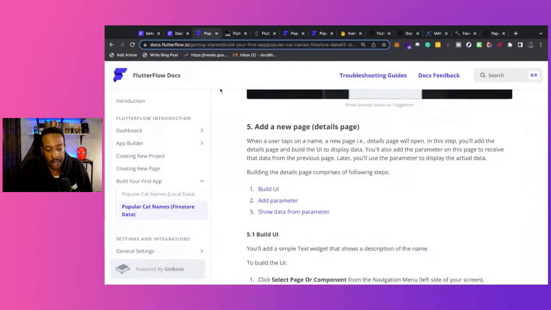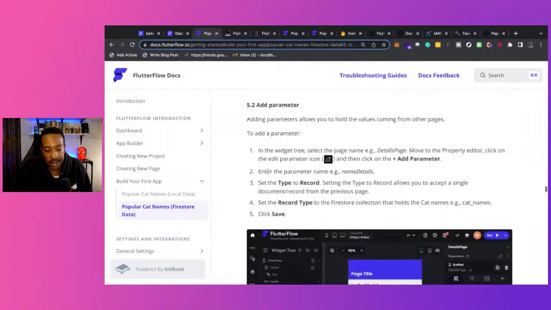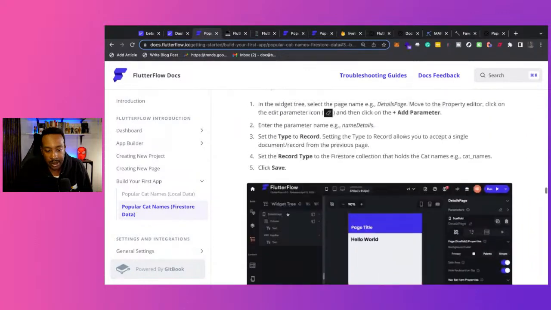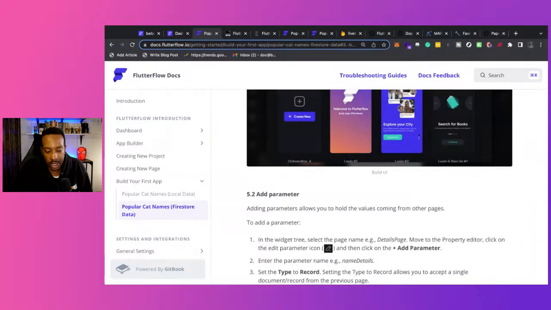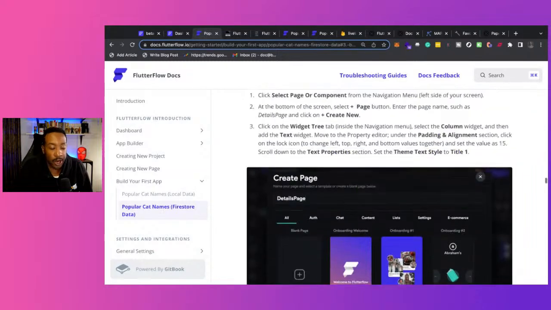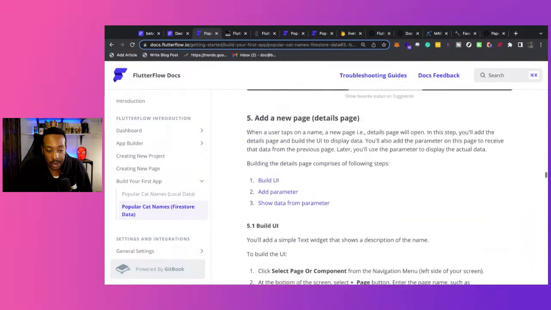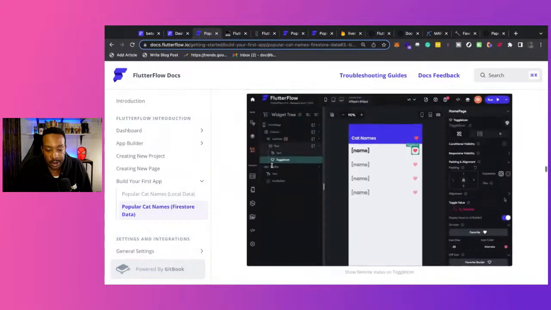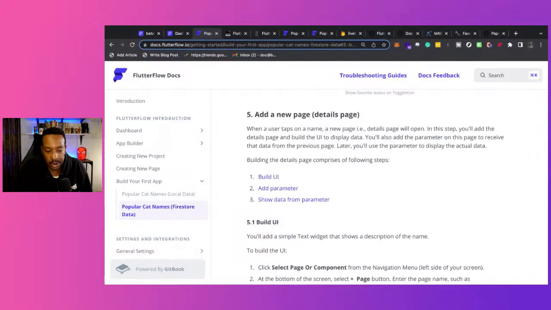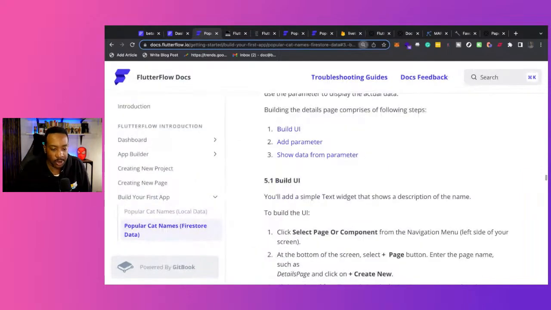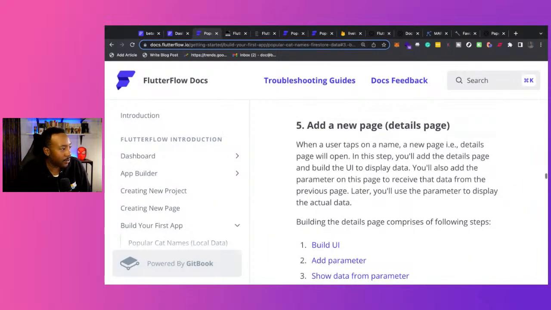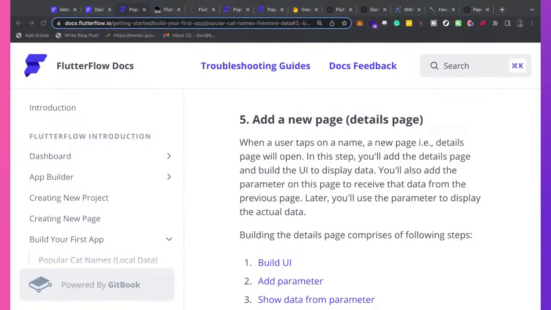Okay, so we went through adding the pages. We did that. Next, we're going to be looking at adding the parameters. Okay, so the parameters, let's go into what this means. Okay, let's zoom in and move my face out of the way. Okay, this is important because,